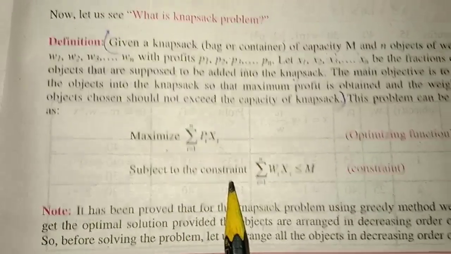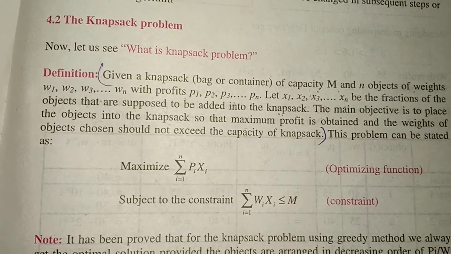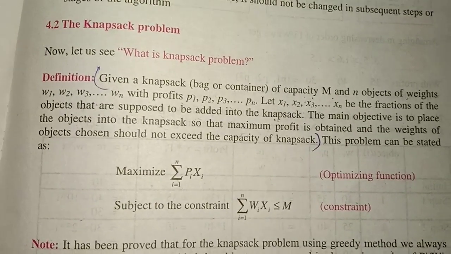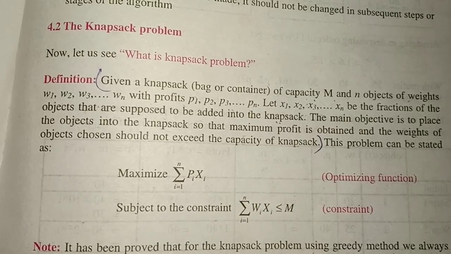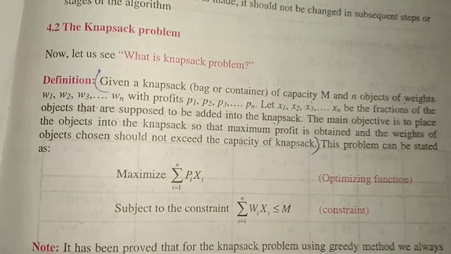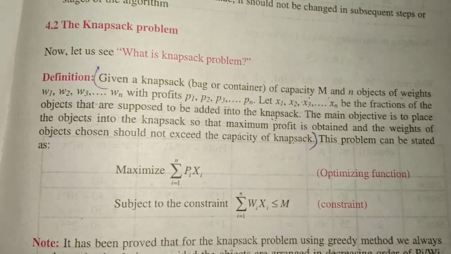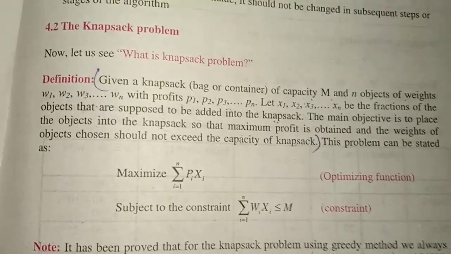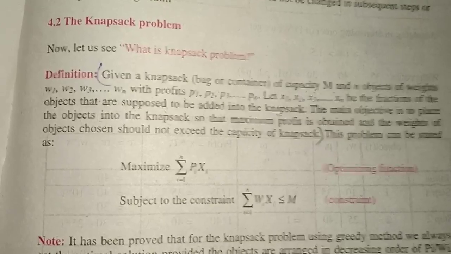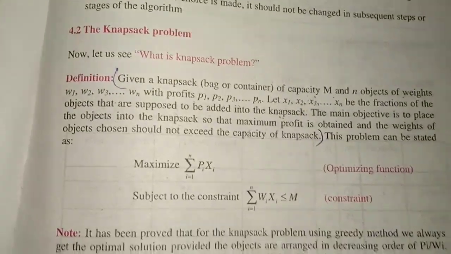Which means if you have a bag with capacity equal to 10, and you have to place some n objects, when you place them there will be a certain profit. It should not decrease the profit, and it should use the maximum capacity. If the capacity is full, then you cannot place that object into that particular container. So this is the simple logic of this knapsack problem.